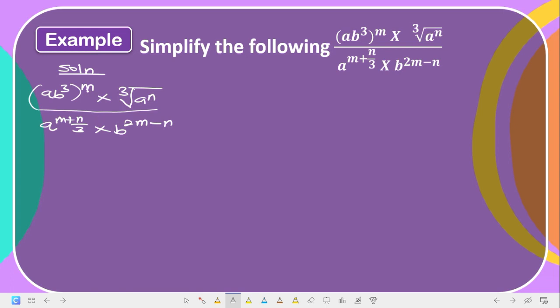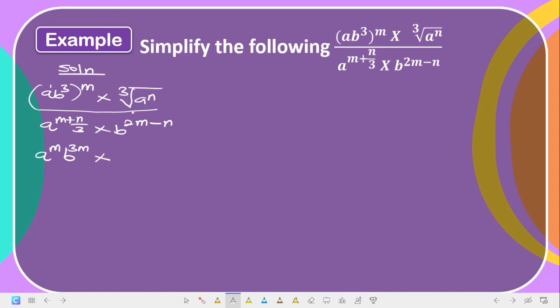Now, what we are going to do now is use the power to open through the bracket. Note that there's an invisible one here. If you use the power to open through the bracket, what are we going to have? This one will be a to the power of what? a^3, then b. Now, m times 3 will give us 3m. Is that not so? Times.